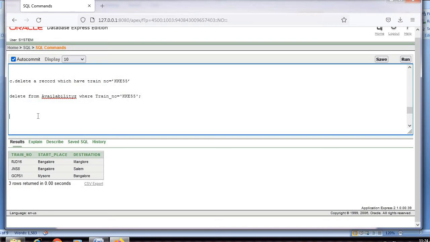Here I am not doing much, I am just deleting. So I have used the command delete. From where are you deleting? From the table availability. What is the condition? The train number should be KKE55.